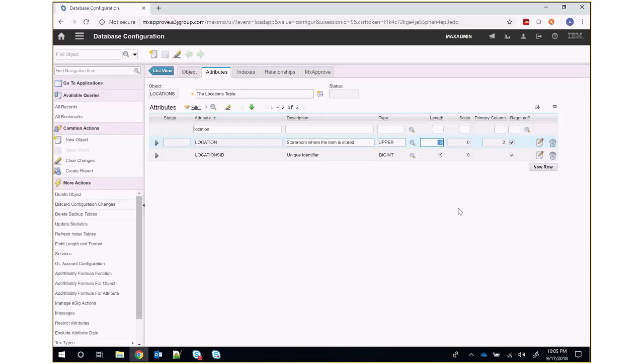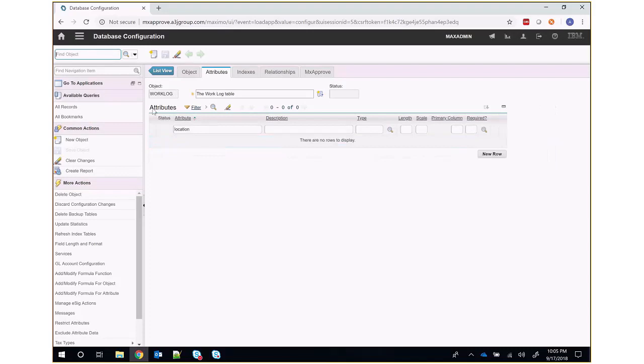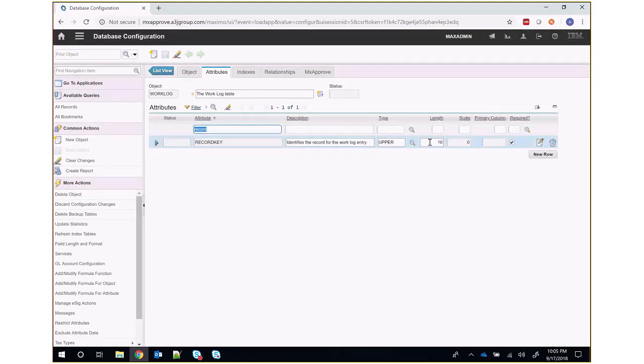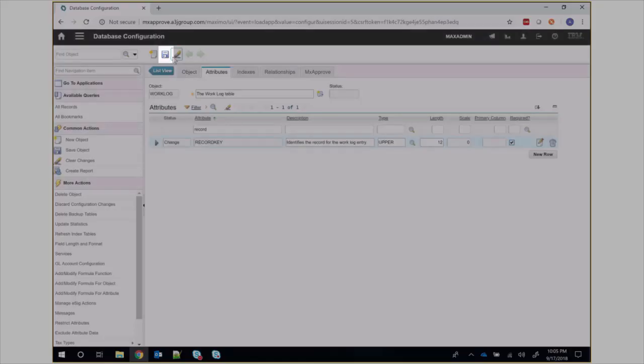Since we're going to be storing location information in the record key field in the work log table, we'll need to lengthen that work log record key field to 12 characters to accommodate. So to do that, we'll go back to the work log table, locate the record key field, and simply change its length to 12. From here, we'll save the record,